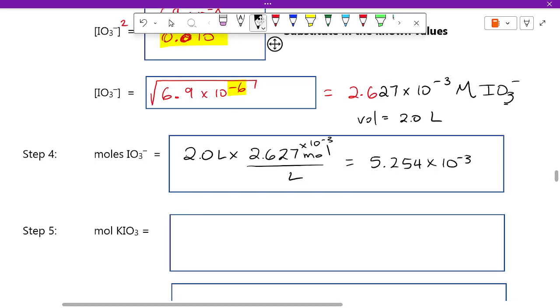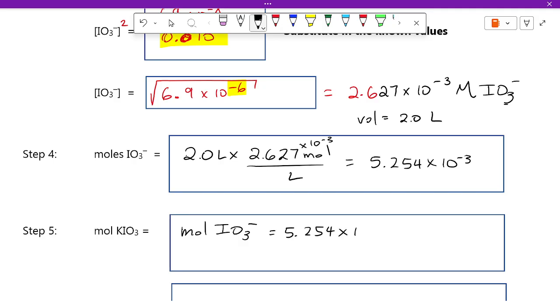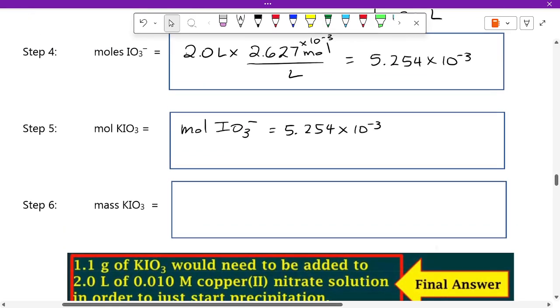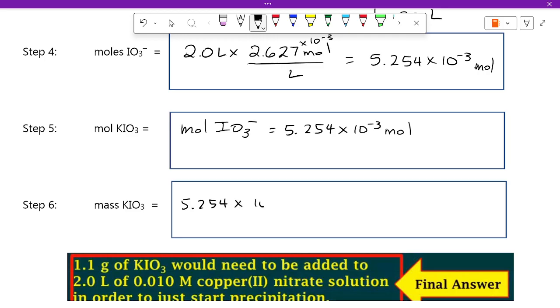Well, you could do the calculation here with the mole ratio, or you could just say moles of KIO3 is equal to moles of IO3 minus, because it's a one-to-one, like you don't have to do any fancy calculation, right? Which is 5.254 times 10 to the negative 3 moles. Oops, I forgot to write my units there. And then we have 5.254 times 10 to the minus 3 moles KIO3